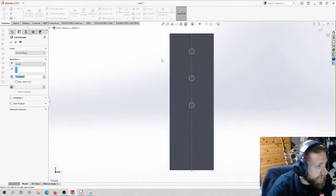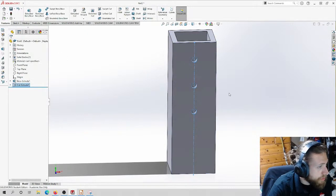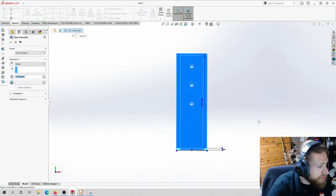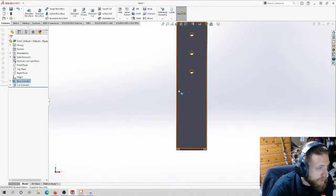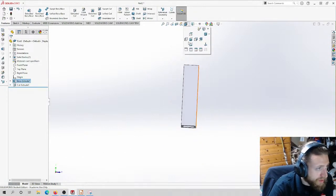Now I can just extrude them through all. And there we go. Now I'm going to make this taller. Make it 8 inches because then our bolts are going to end up colliding with each other, which is not ideal. So I'm just going to make it taller to save us from that hassle. Okay, now I need to do basically the same thing on this side